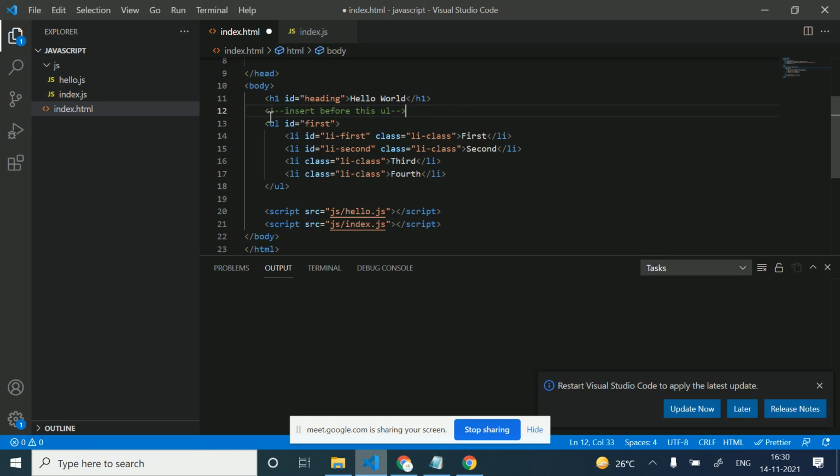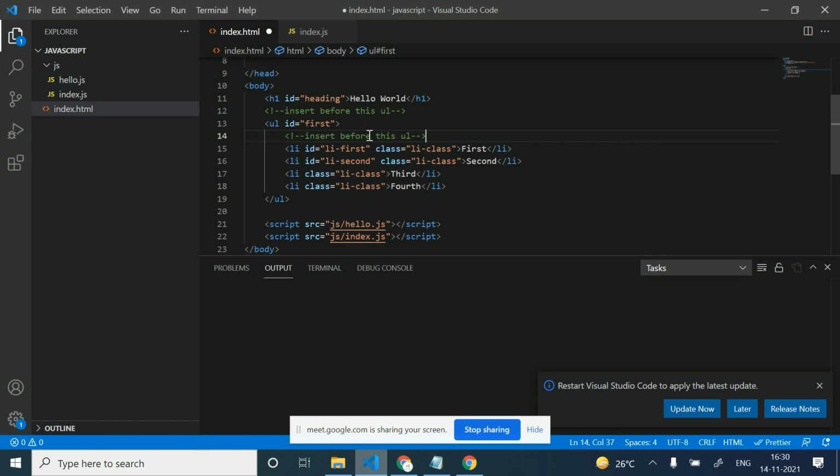We can insert inside it, at the starting point, and at the last point, after all the li items. And we can insert after this element as well. There are four cases: before, at the start, at the end, and after this element.